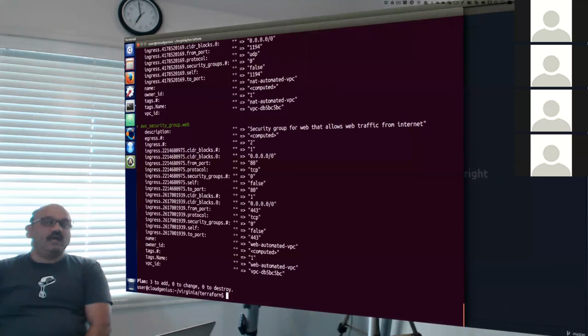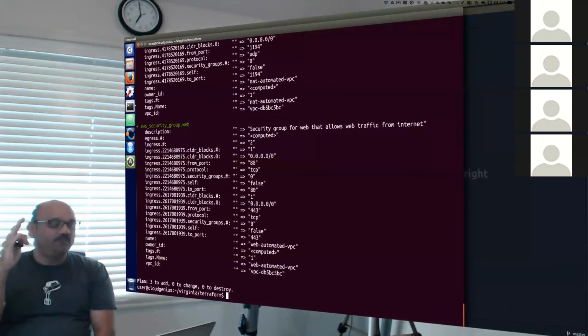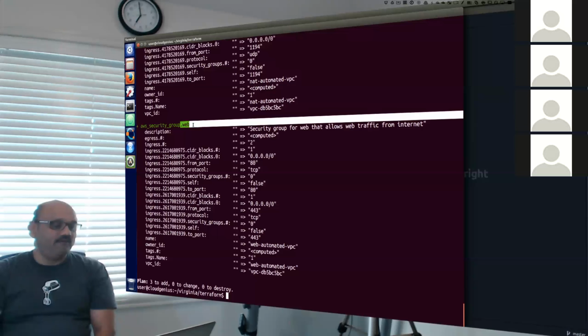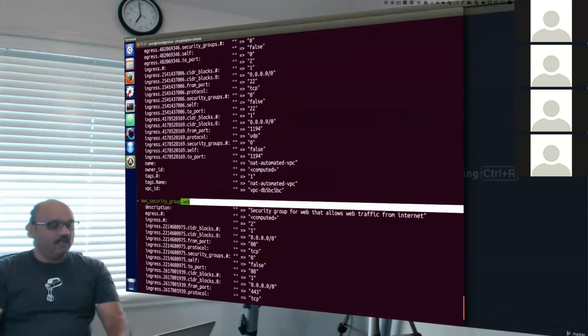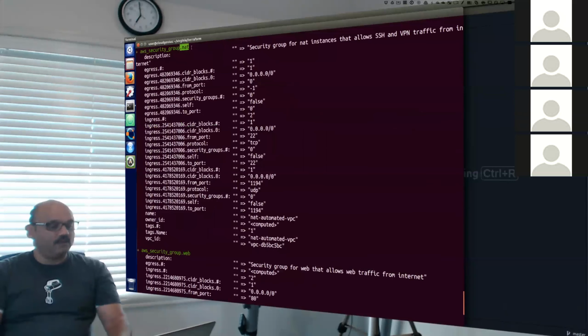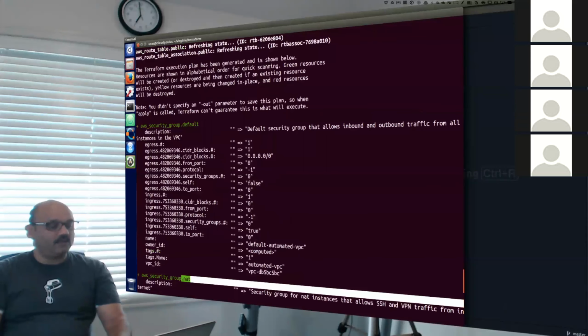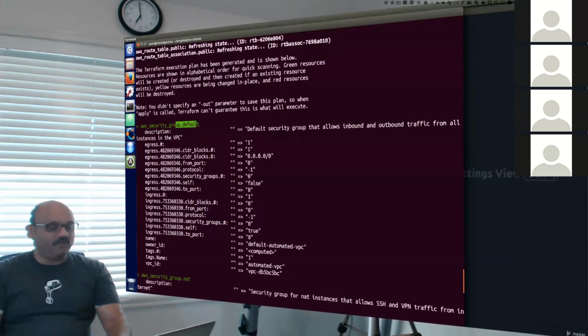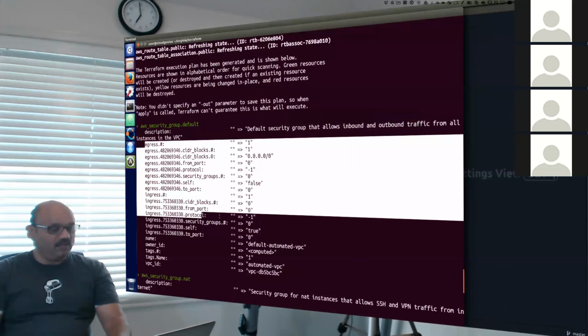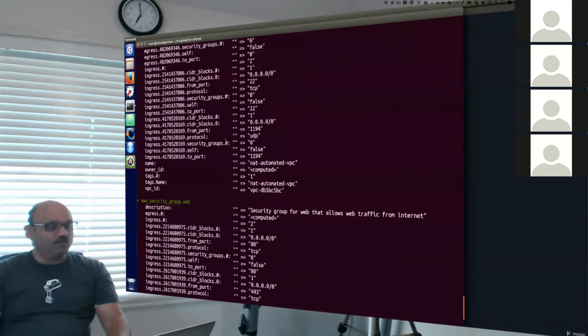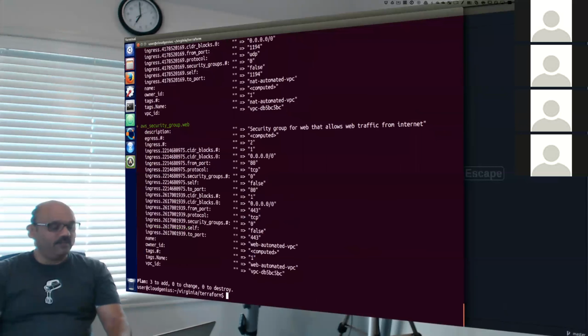It says, I will do 3 things for you. Those 3 things are: I will create a web security group, I will also create a NAT security group, and modify your default security group that you already have. The modification is basically to make sure you are keeping it the way you designed it to be. And it will create 2 more security groups for NAT and web. The result will be 3 to add, 0 to change, 0 to destroy.